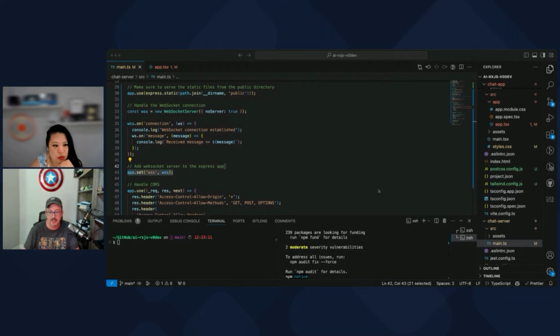I might have to hit ChatGPT because I can never remember how to do this with Express. I think I've only ever done this with raw Node, but I already have Express set up. So I have Express WS. What in the world? Fine. Let's just set up the regular WebSocket server.